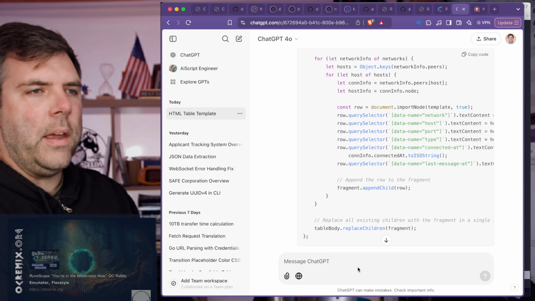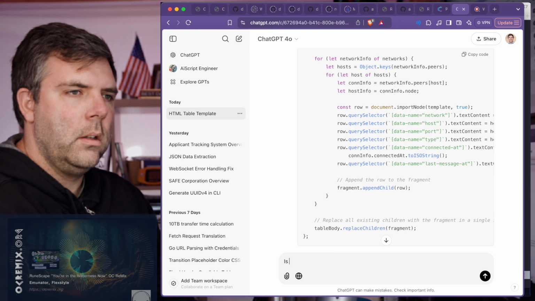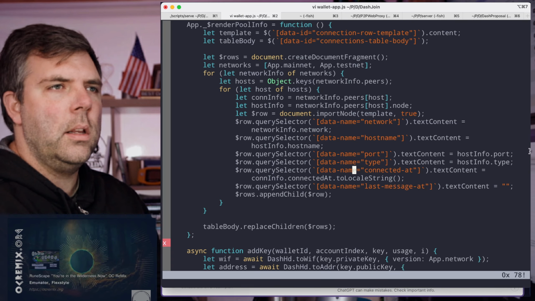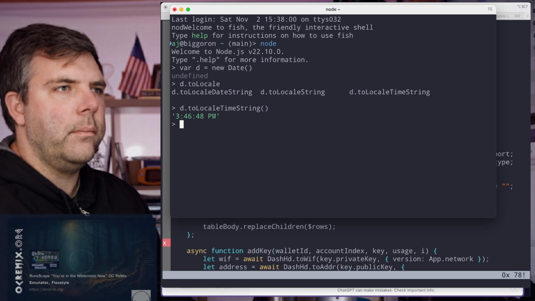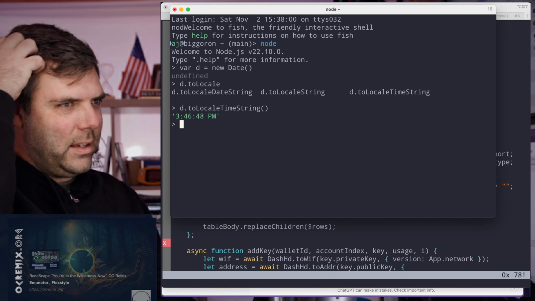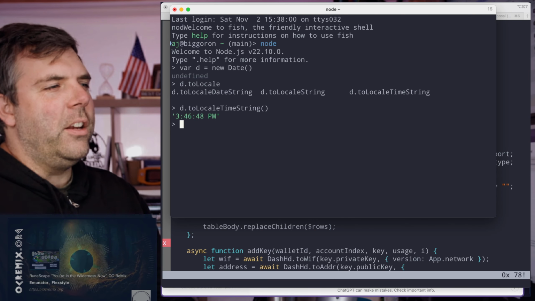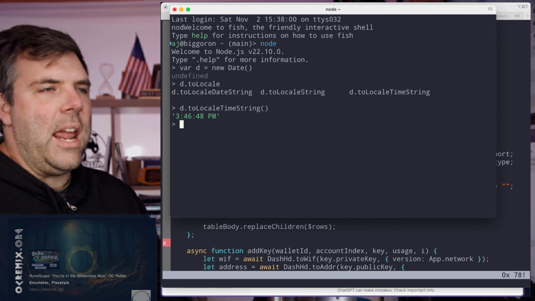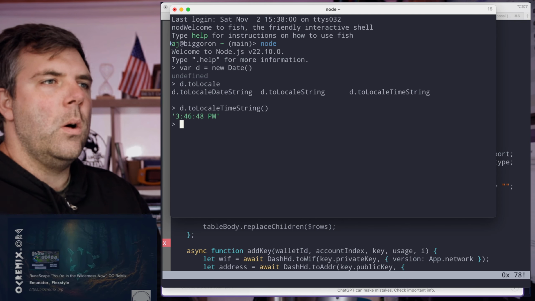I'm going to ask GPT on that. I think it's toLocaleTime. I could be wrong. Let's check this out real quick. What is it? New date, which is var d equals d dot toLocaleTimeString. There we go. That's probably good enough. I mean, I don't know that we're going to be running these things for days and days. So